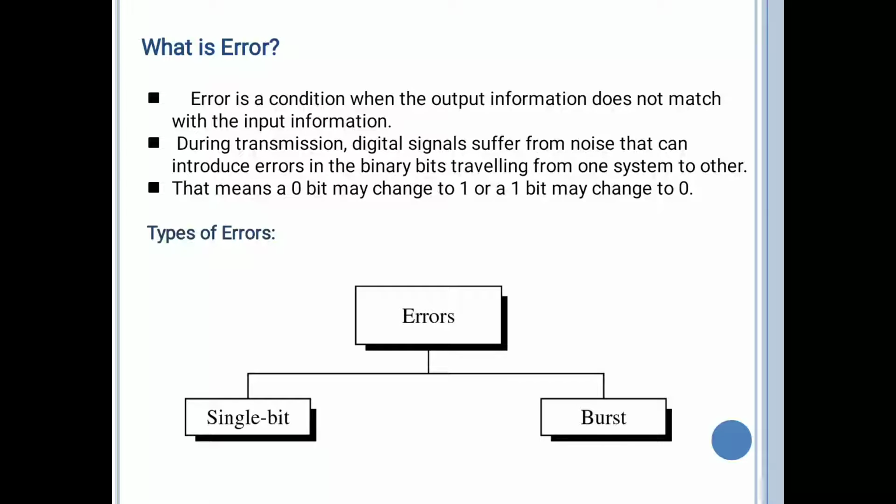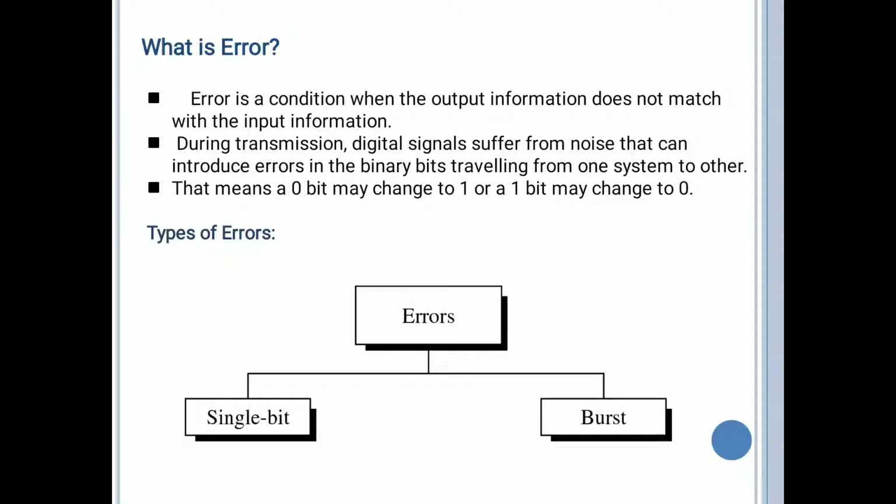What it means is that a 0 bit may change to 1 or a 1 bit may change to 0. So how does it happen? During the transmission of data from sender to receiver, sometimes the digital signals suffer from noise.